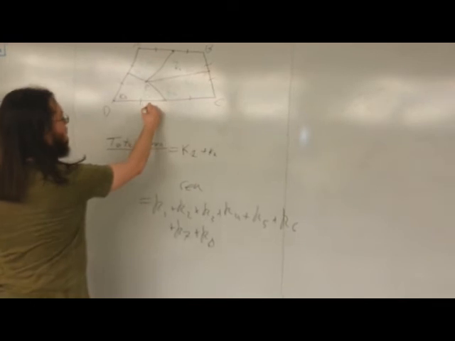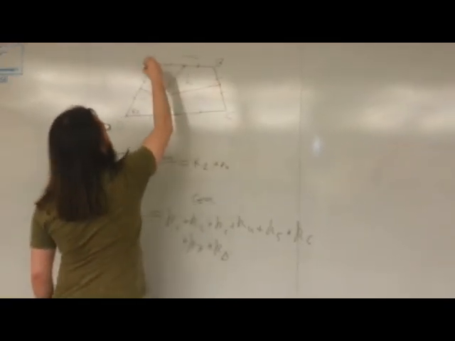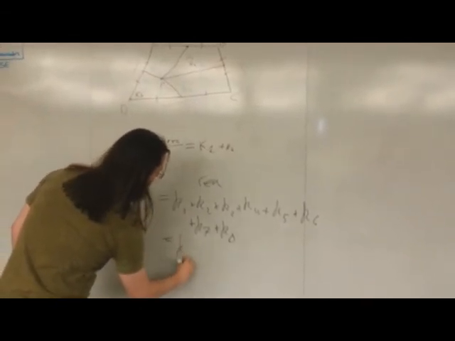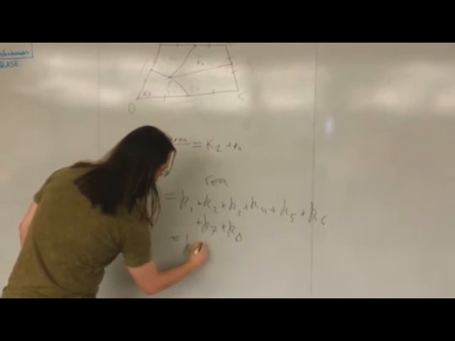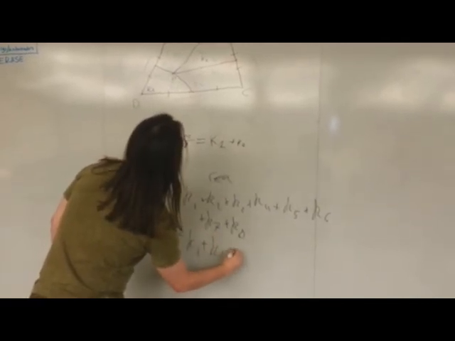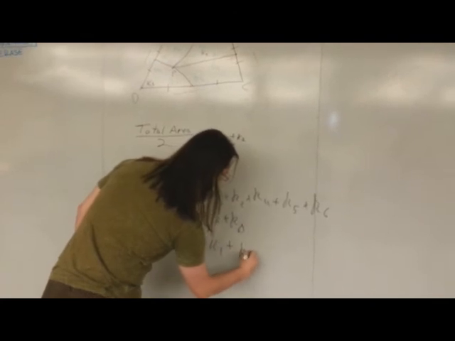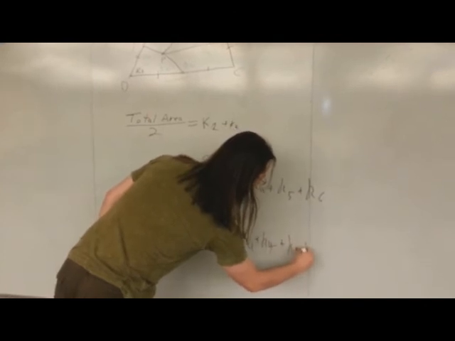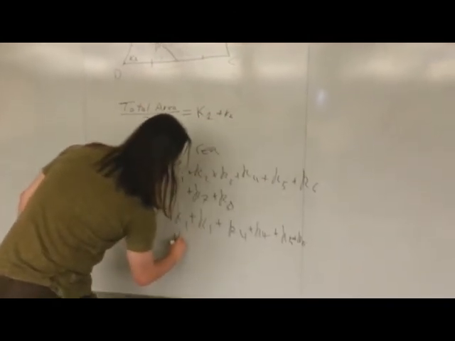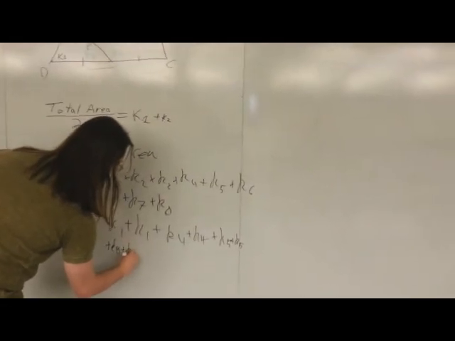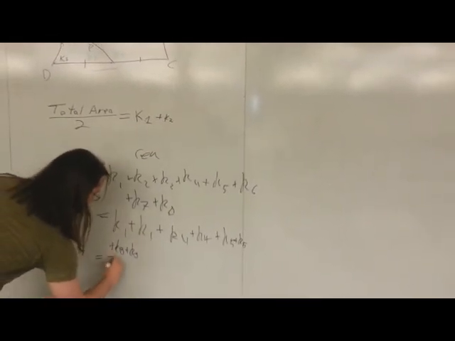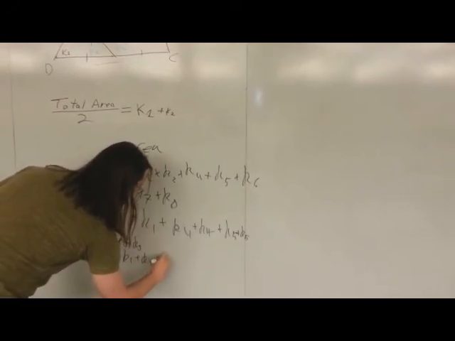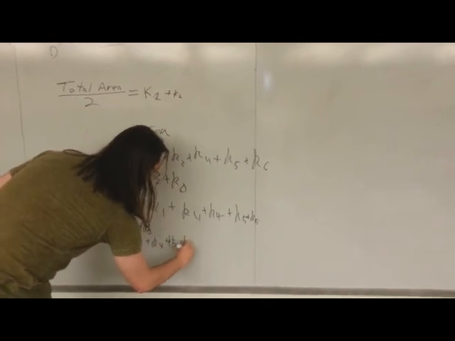But because 1 is equal to 2, 3 and 4 are equal, 5 and 6, and 7 and 8, it can be rewritten as K1 plus K1 plus K4 plus K4 plus K5 plus K5 plus K8 plus K8, which can be written as 2 times K1 plus K4 plus K5 plus K8,